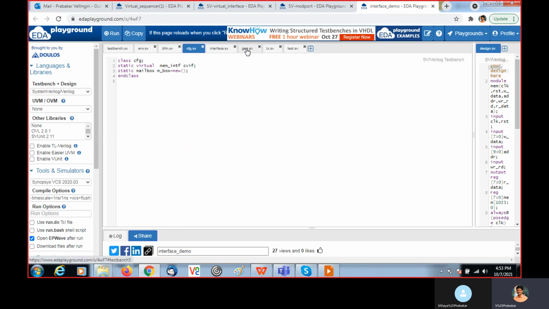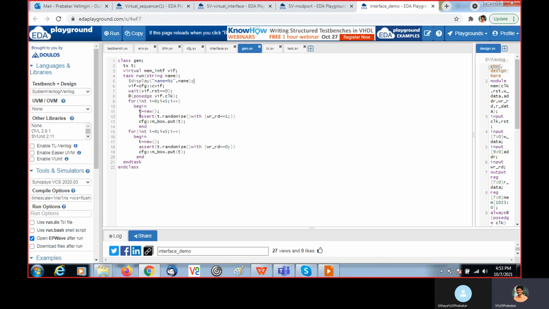Now come to the generator. In the generator, I need to access the interface because after the reset, I need to generate the transaction. So how can I know whether the reset signal is 0 or 1? I need to access the interface, and access the reset that is present inside the interface. So I need to get the interface handle inside this gen class.